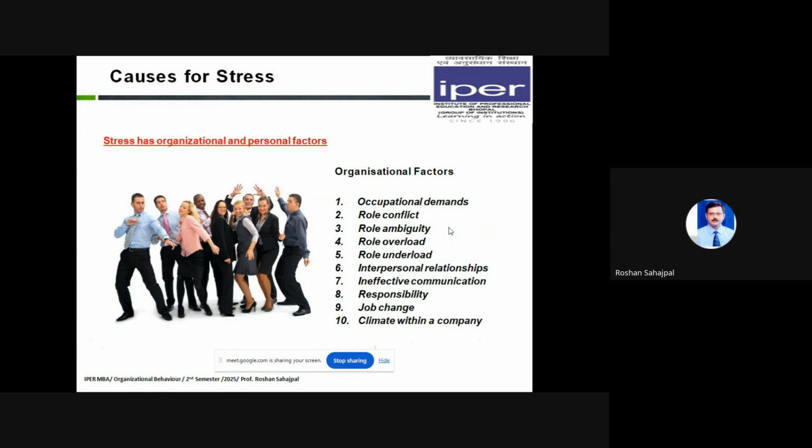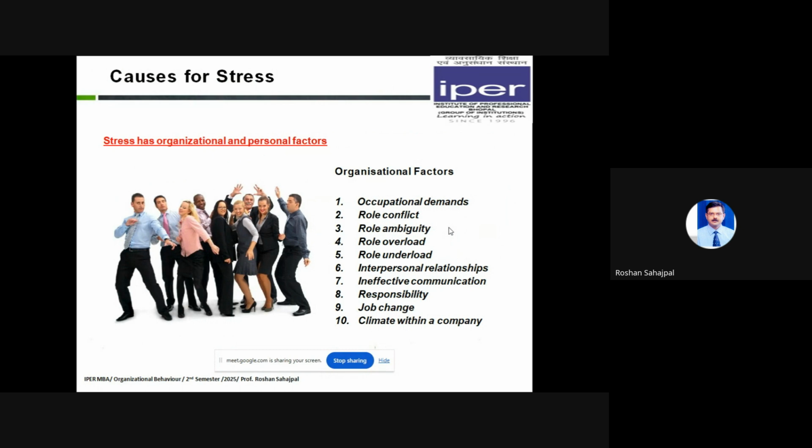Role overload. कि जब भी कोई नया काम आता है तो एक बंदे को ही दिया जाता है, because he is a very sincere and trustworthy person. So he ends up taking all the workload in an office, and other people go scot-free because they themselves have created a perception that they cannot be trusted with work. So that will also lead to stress.